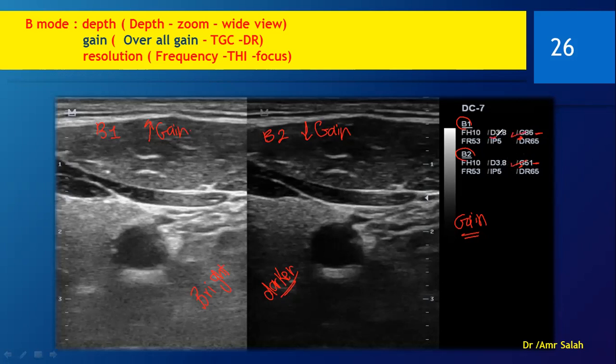What about this D? Anyone has any idea? I think you can really get it easily. This is the depth that we have calibrated, and the depth here is okay. The carotid is in the center of your image, it's filling it. We don't have any part of the image without use. So this is the depth. What about this? It is the frequency or harmonic frequency. It is here 10 megahertz.